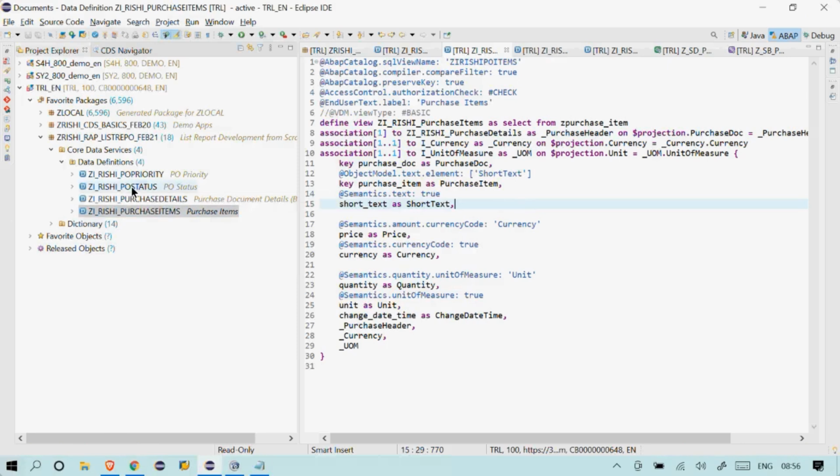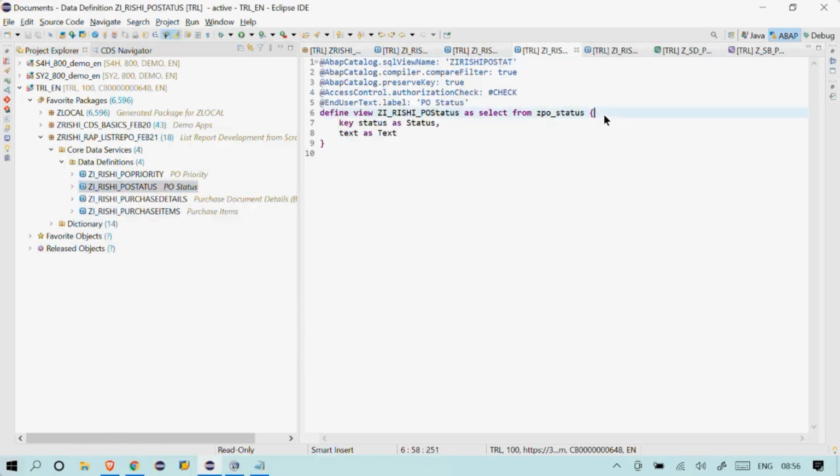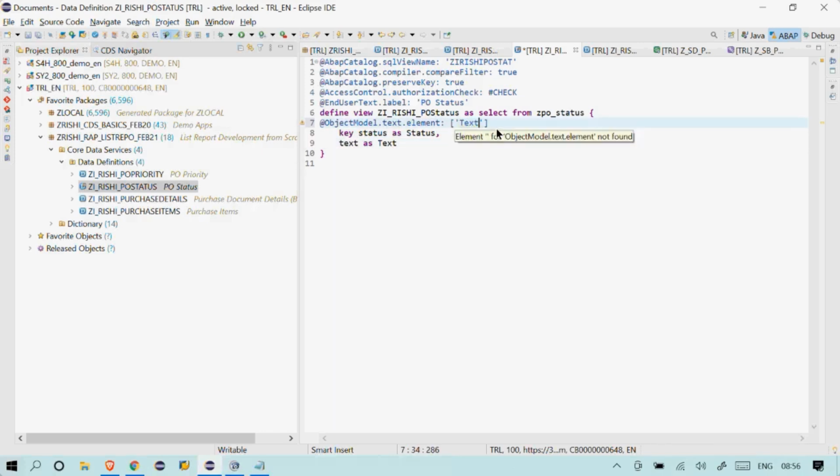Also, if there is anything we want to add, similarly for status I'll add, because it will have the information. Object model, text element, so this will have a text here. I'll mark this as true.